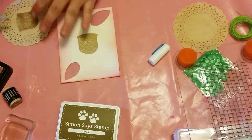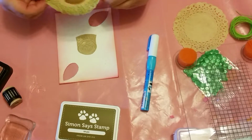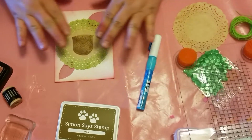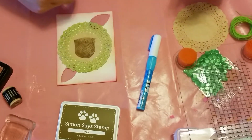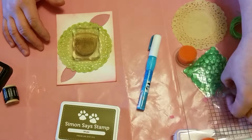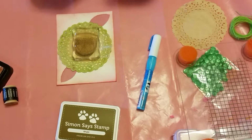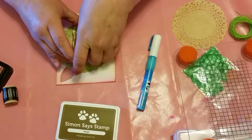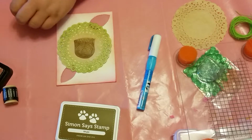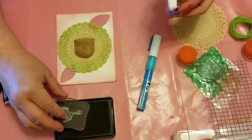I'm going to use a Zig 2-way glue pen and scribble my glue behind my stamped area because I think that'll give me the cleanest look. Oh, this is so cute. I absolutely love this. Where's my heavy acrylic block? There's an acrylic block. Okay. I don't know yet whether I want to use an owl. I haven't decided, but I did go ahead and cut this branch off. I do want to use this branch, and I'm gonna stamp out this branch